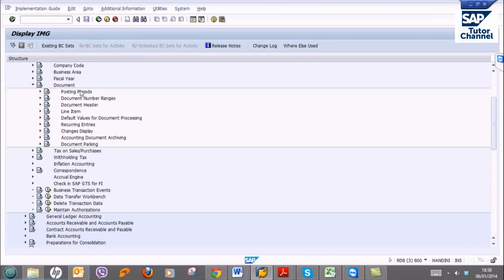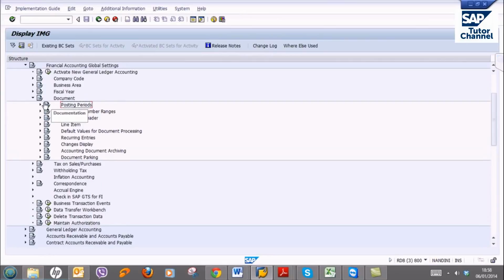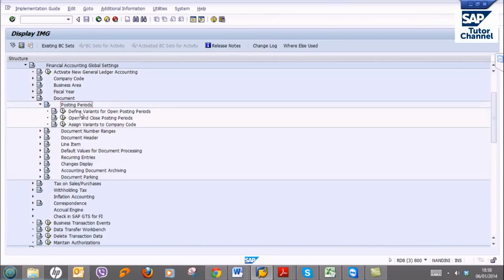Okay, we have the options here: posting periods, document posting periods. Click on that, and we have three steps: define variant, determine the values, and assign variants, the same step by step. So define variants first, execute,